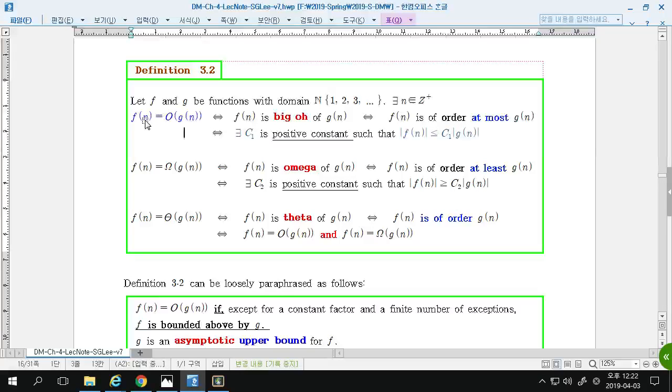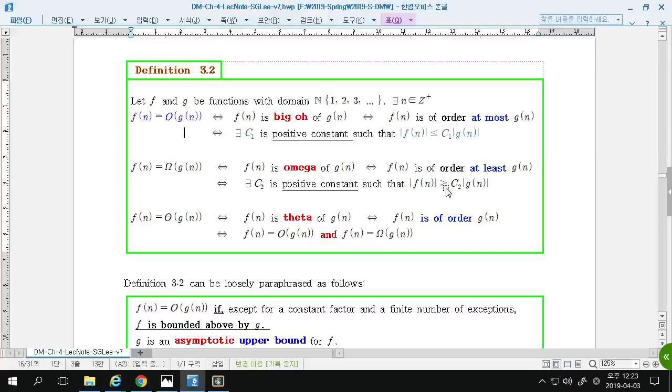So in this case, if we can find this positive constant C1, then we call f(n) big O of g(n). This is the definition of big O notation. The next one is the opposite. Big O is the upper bound, and next, omega notation